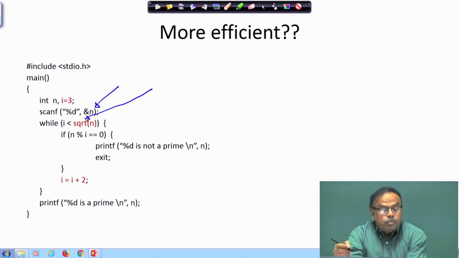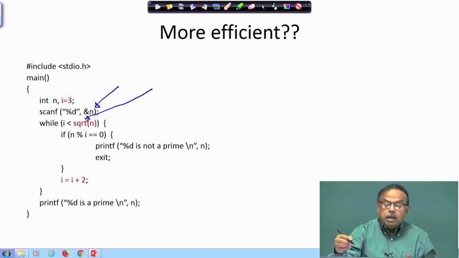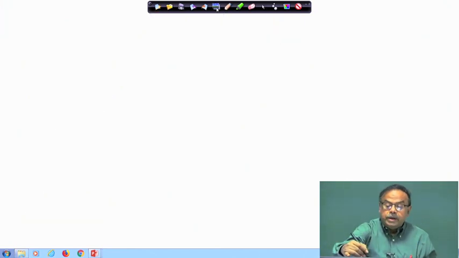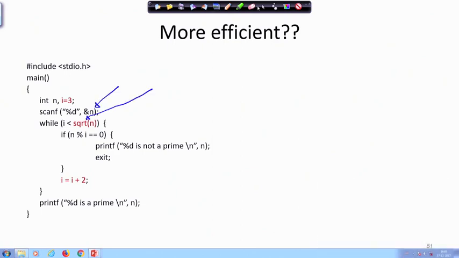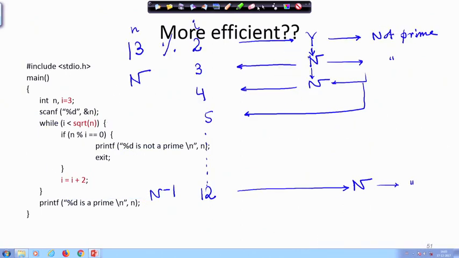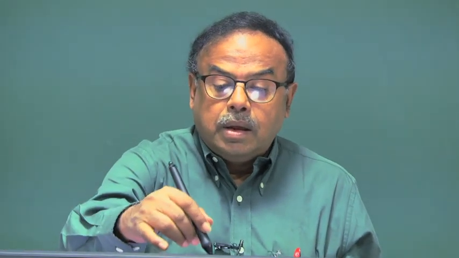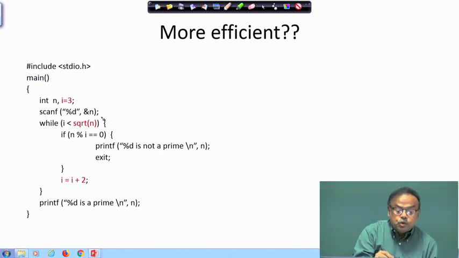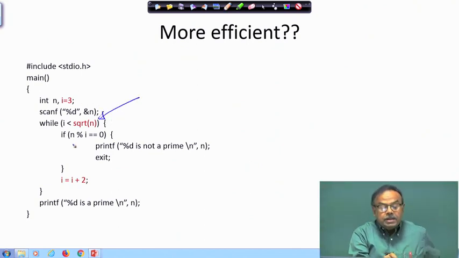In the earlier case what we did is we tested up to n, but here what we are doing is I am testing up to square root of n, and if n is divisible by i,